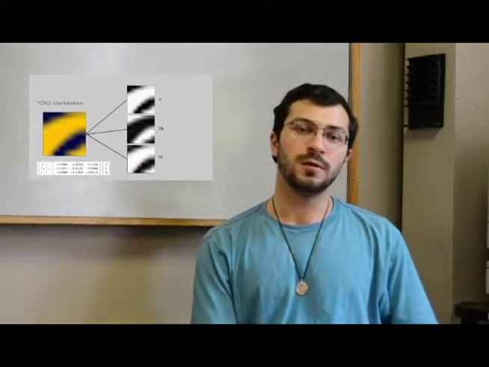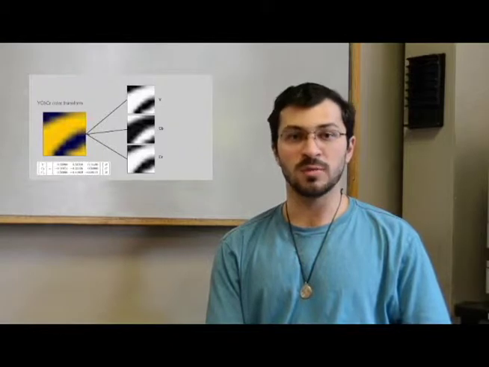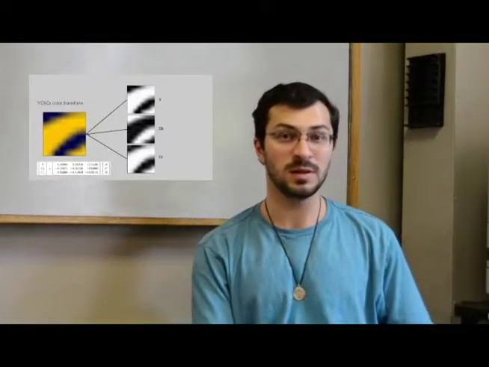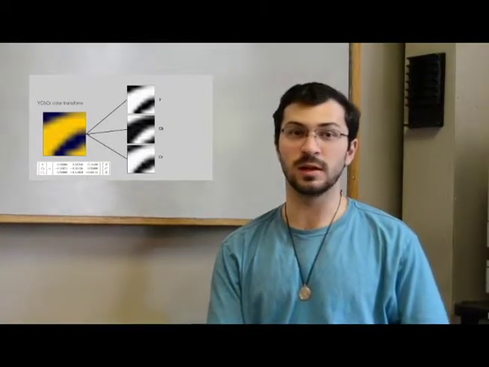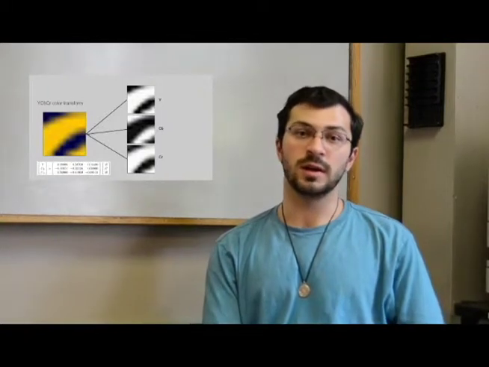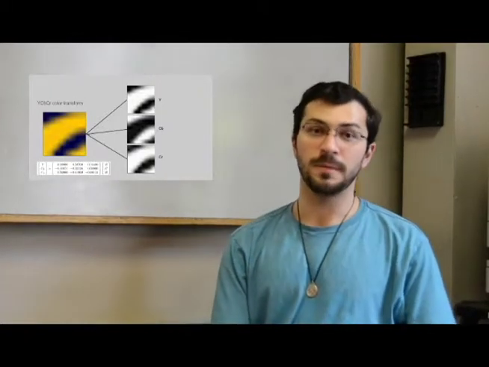JPEG compression begins by dividing up your image into 8x8 blocks, 8 pixels by 8 pixels in all 3 channels. Then for each of those blocks, you convert it from the RGB color space to the YCbCr color space, which is a luminance channel and 2 chrominance channels. The reason we do this is because humans are less perceptive to changes in chrominance,